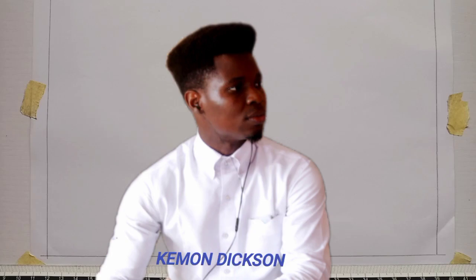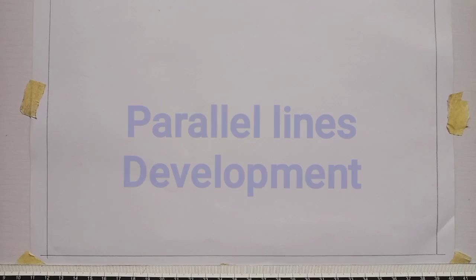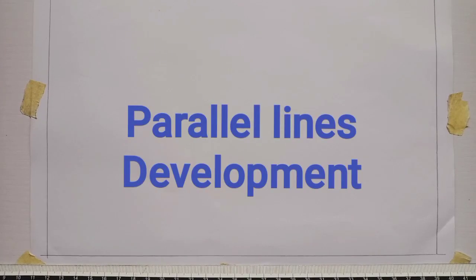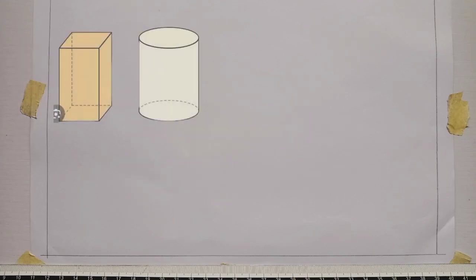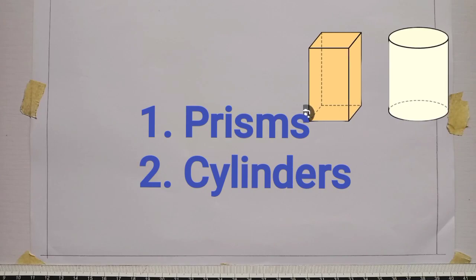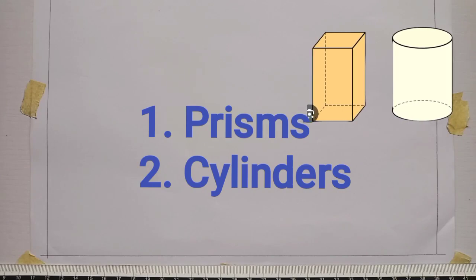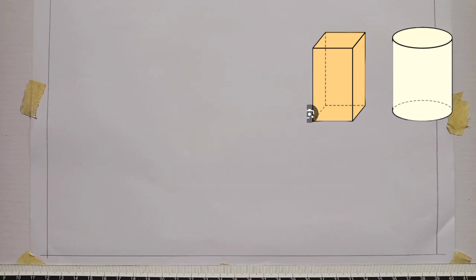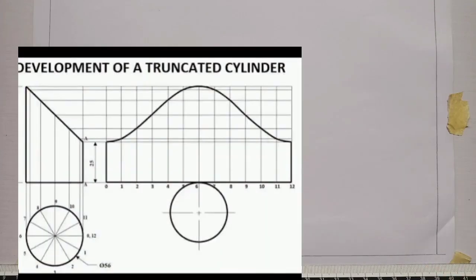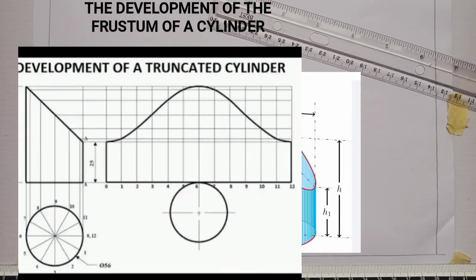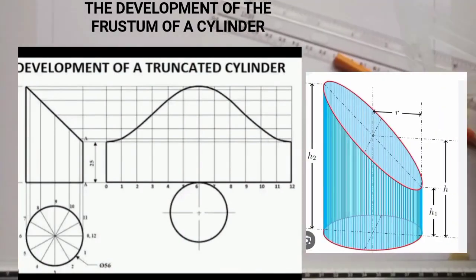In today's lesson, we want to still continue on the development that has to do with parallel lines development. Remember, we made mention of the fact that parallel lines development have to do with prisms and cylinders. All right, in our today's lesson, we want to consider the development of the frustum of a